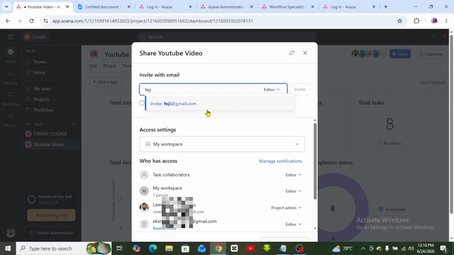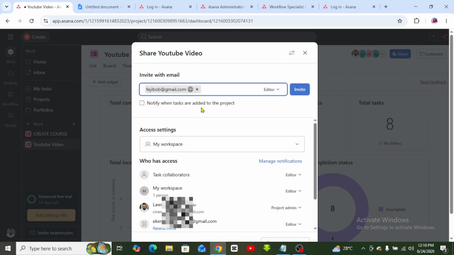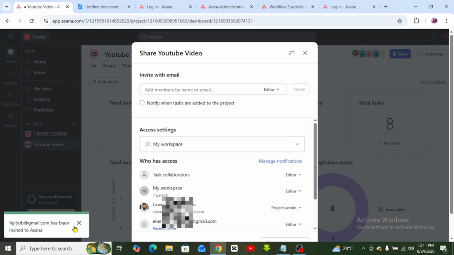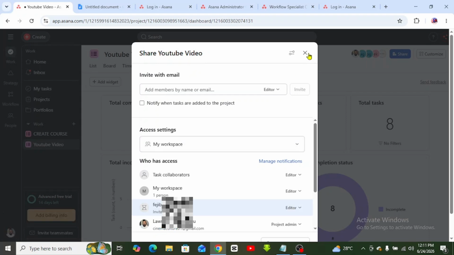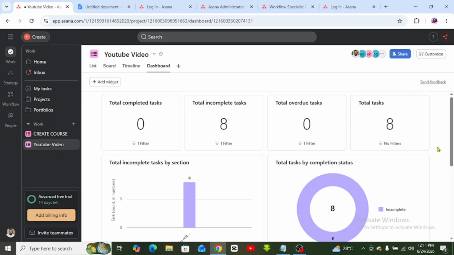Feji Bob. I've forgotten it totally. So let's assume that I add veggiebob here at gmail.com. And then, so this is it. Say I click on invite, and then she gets this: has been invited. So veggiebob has been invited to Asana. So she'll be invited to Asana, and then when she joins my team,